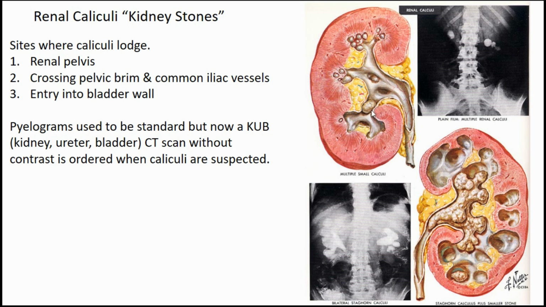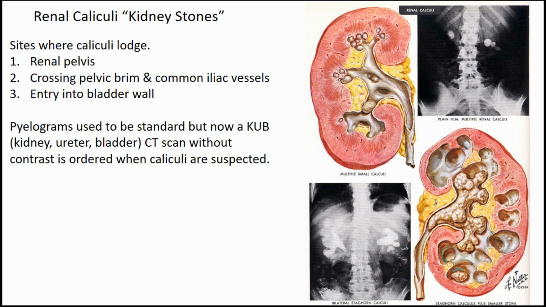Now, the most common sites of blockage are going to be where we have significant narrowings of the urinary drainage apparatus. So as we go from renal pelvis into the ureter, that's the first site where the calculi tend to lodge. And then as they pass into the pelvis, they have to cross over the brim of the pelvis, and that's where the external iliac artery and vein are. And that road bump, that kind of hump that they have to get over, is enough of a barrier that it prevents a lot of them from traveling through the ureter at that point,